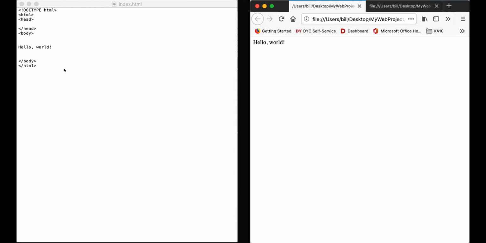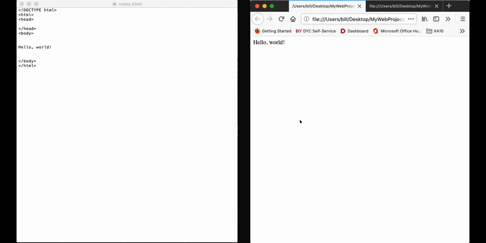Neither Notepad nor TextEdit have this extra facility. But we can still look at the source in colors if, in Firefox or in Chrome or in Safari or in any other web browser, we go to Developer or Web Developer and we click the button